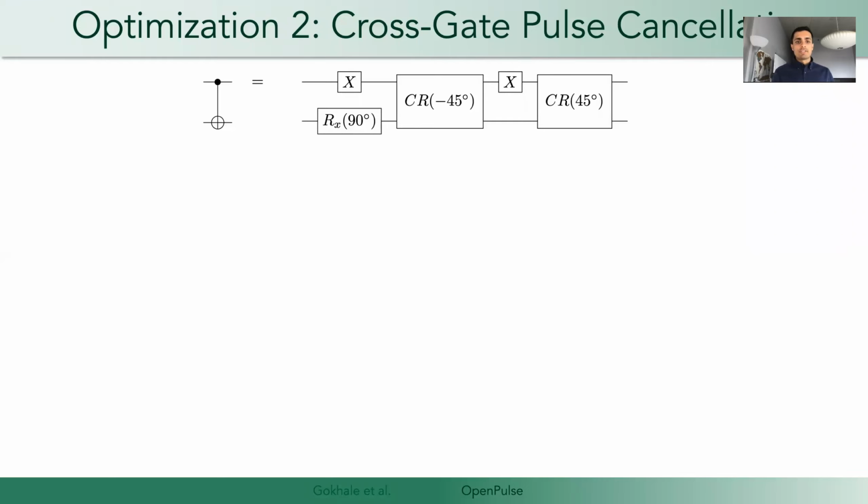So now that we've done single qubit gates, let's take a look at two qubit optimizations. And this is called cross-gate pulse cancellation. And the core idea is the following. So as architects and computer scientists, we often envision gates such as C-nots or control nots as being just native operations that quantum hardware implements. But the reality is that on an IBM system, if we want to do a C-not gate, what we really do is this sequence on the right, which involves something called the cross-resonance interaction,